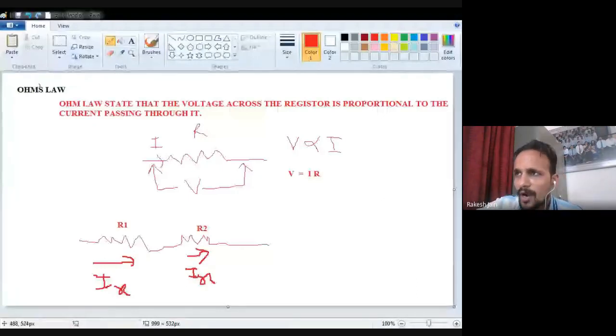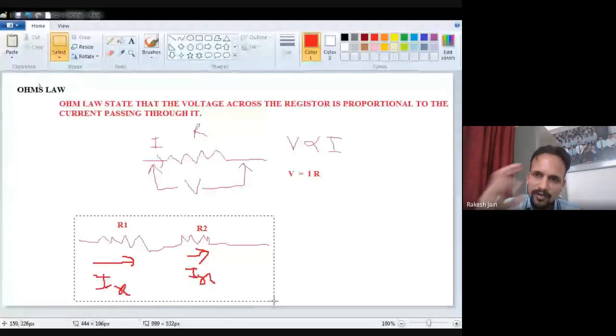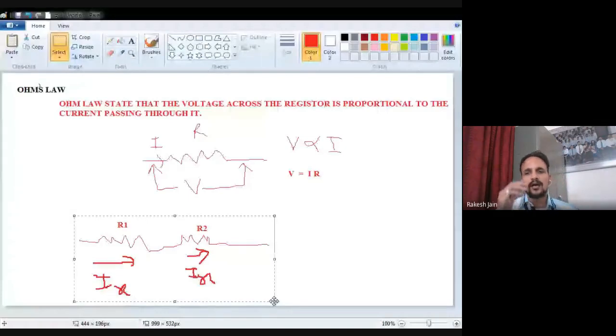This is not a part of Ohm's law, but I taught you because I want you to know everything about the resistor, so that when we complete the topic, you know the color coding method, series and parallel, the numerical approach, and the rules behind all the resistances. So remember, whenever resistors are in series, equal current flows through them.